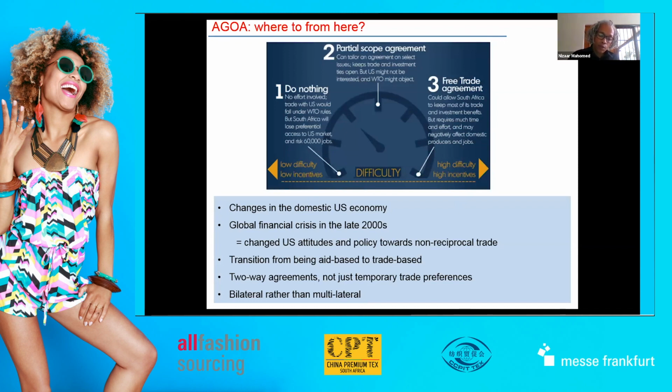And we are under no illusions. A vaccine may be found quite soon, but things will get worse before they get better. And companies are going to want to find answers fairly quickly for new markets that they want to penetrate, be they the USA through AGOA, or the EU, or other particular markets. And it's going to be the experiences that we are getting in our dealings currently with AGOA that we are hoping we could pass on to the companies that we're dealing with. So with those few words, I hope I've given you some indication of what trading with KwaZulu-Natal is like and the sorts of issues that we are grappling with.